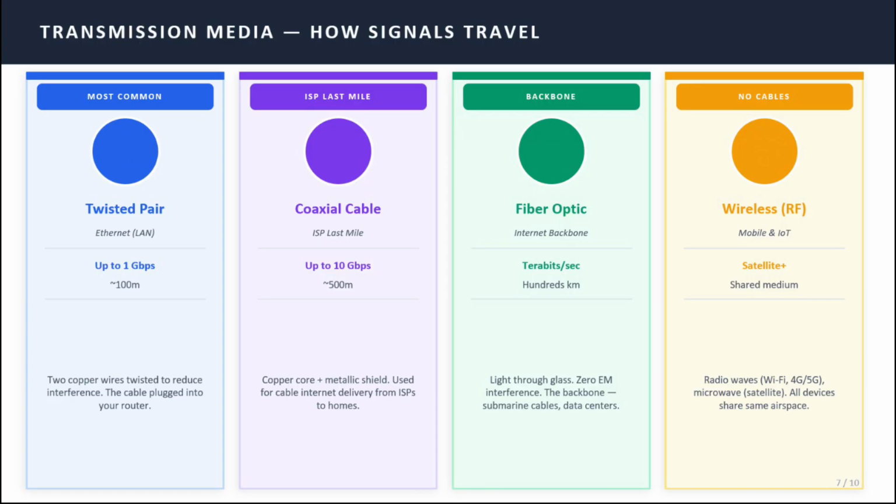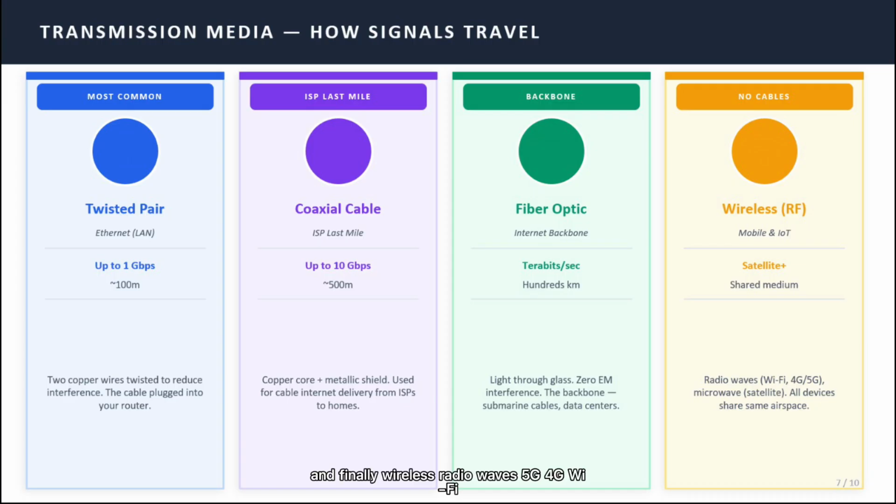Fiber optic. This is where it gets incredible. Instead of electrical signals through copper, fiber sends light through glass. Zero electromagnetic interference, terabits per second, hundreds of kilometers without signal loss. The entire backbone of the internet, including the cables running under the sea between continents, is fiber. And finally,